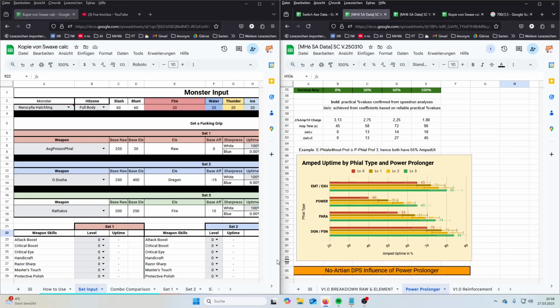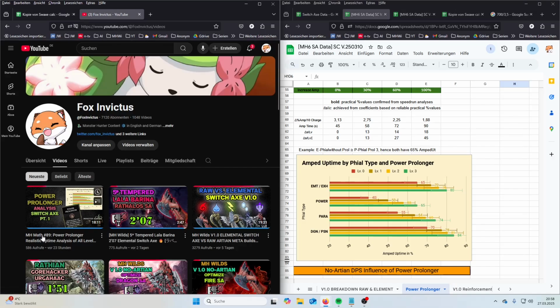This is the second part of the Prolonger breakdown analysis, including the uptime of the different file types. In this video I'm going to make a DPS comparison of the different levels of Prolongers and their influence on different file types. First of all, if you didn't watch episode 89 of my Morph series, I recommend watching this first, because you will get a huge in-depth